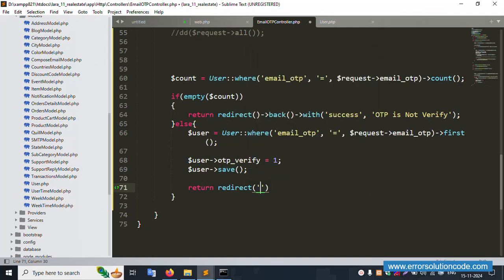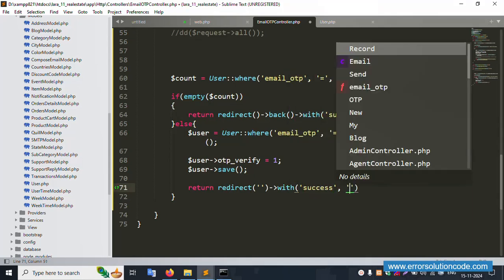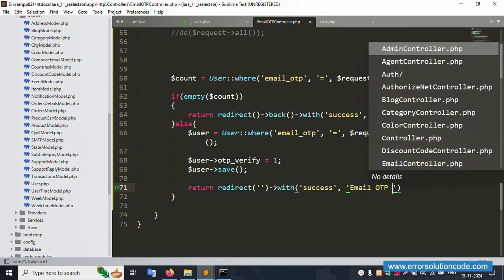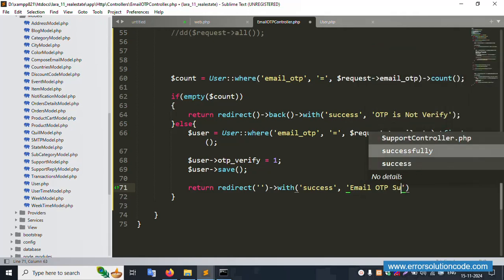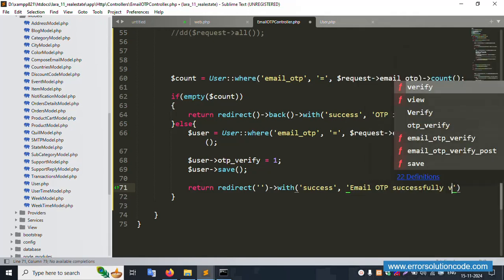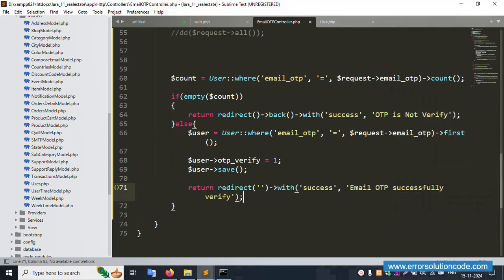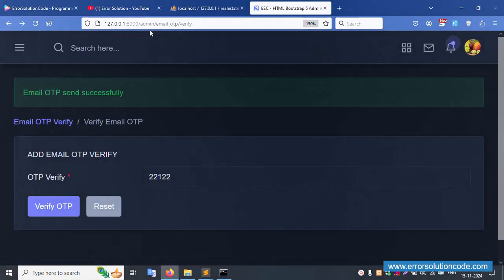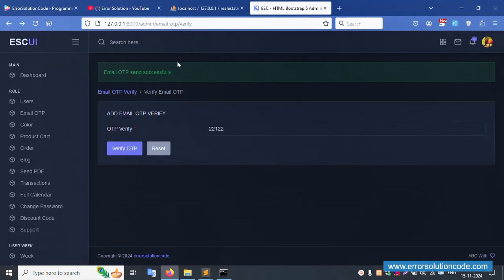This is a return redirect with success, email OTP success, verify. Save file, successfully verified, and click this back button, same name, font small, and this same here, copy and